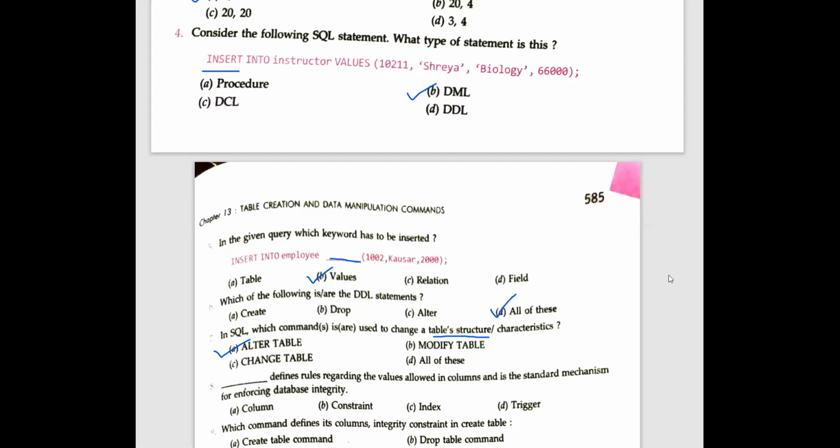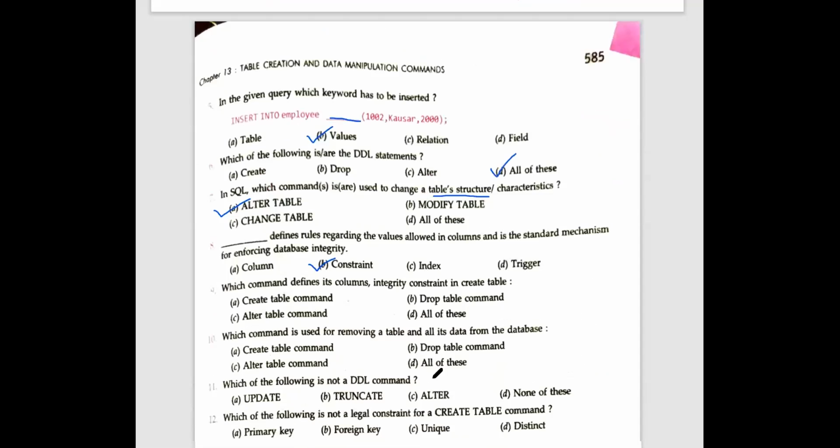Prince correct. Twinkle correct. Aanchal correct. See, the best part is we have not discussed anything related to column, index and trigger. So ultimately your answer is B only, constraint. Right? With the help of constraints only, we are defining the rules for the columns. Yes, Karan, your answer is also correct.